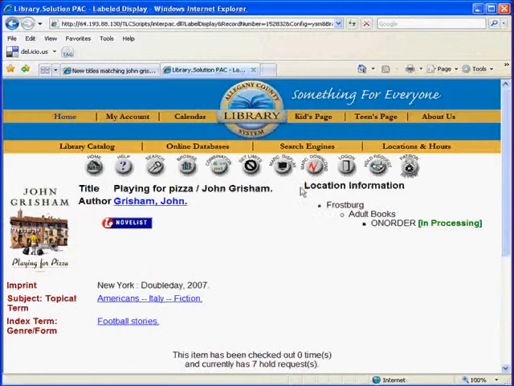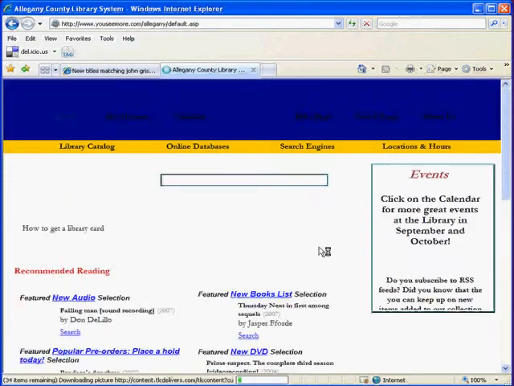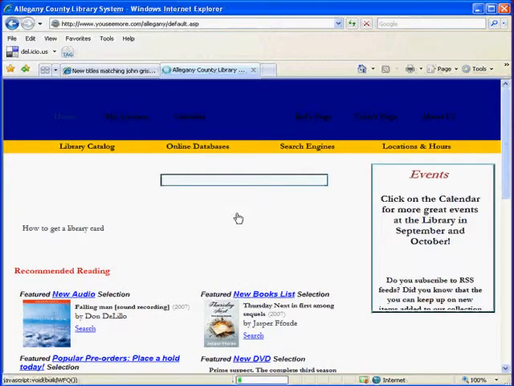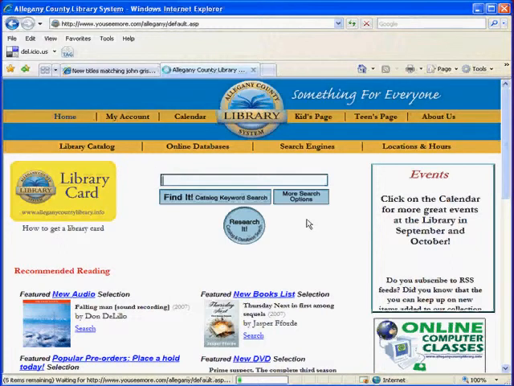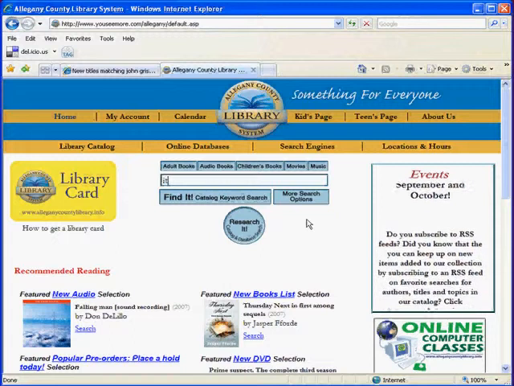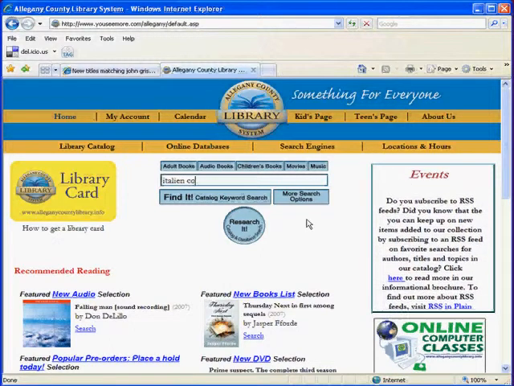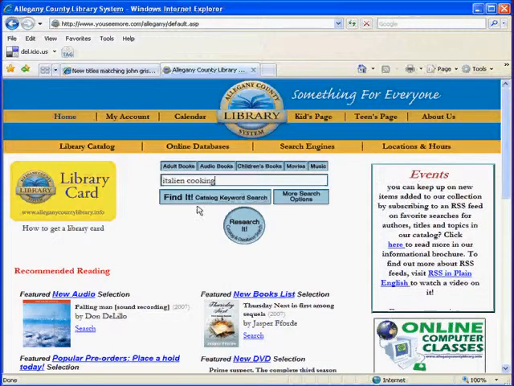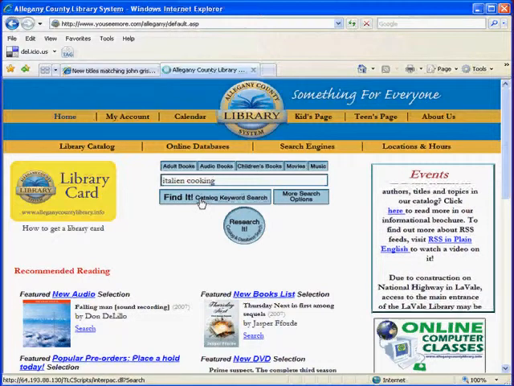Okay? All right. So the next stop, let's say we want to go back and do another search. Let's see if we want to find when the library gets a new book about Italian cooking. So let's do that. So what we'll do is we'll go to our search box again. And we'll type in, well, we have to spell it right, Italian cooking. So we type in Italian cooking, we search for it,